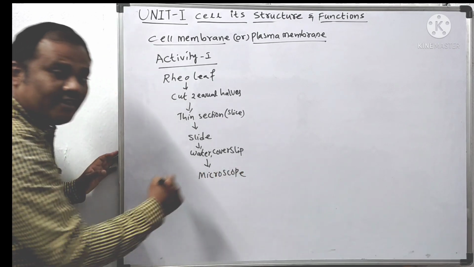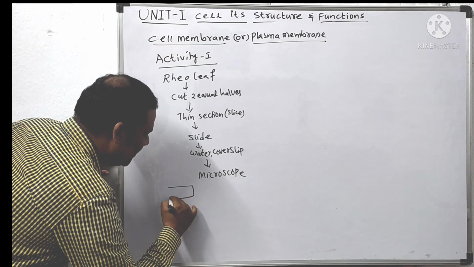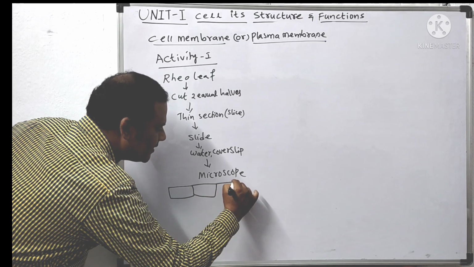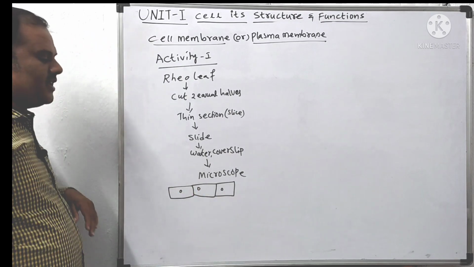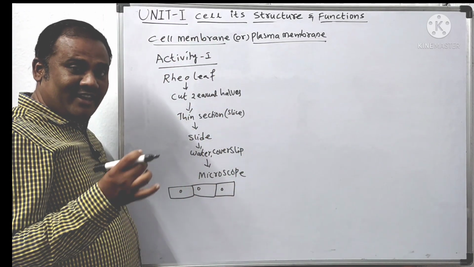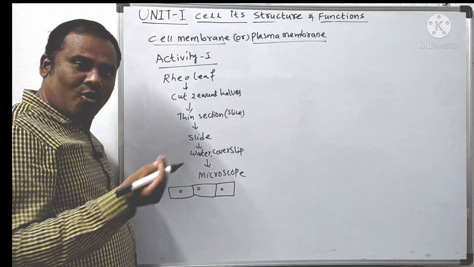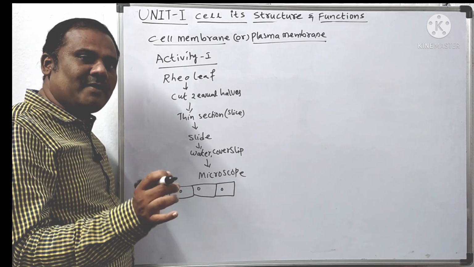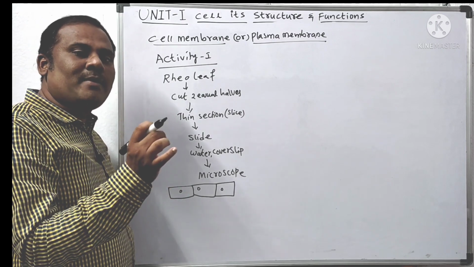Then you are able to see the what? This cell membrane. How will the cell membrane be? The cells are like this, and the cell membranes will be present. Okay, so the cells will be found like this. Next, you want to see the cell membrane very clearly, because it is a plant cell. In the plant cell, 2 membranes are present. One is the cell membrane. Over the cell membrane we have the cell wall also. But you want to differentiate the cell wall and cell membrane, and see the cell membrane particularly pinpointly and crystal clearly.